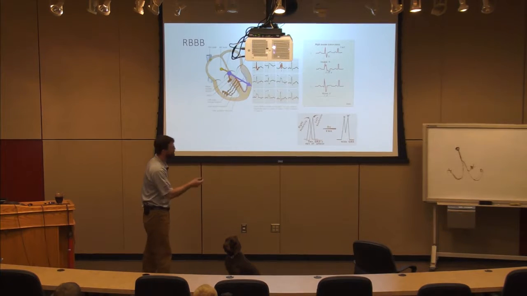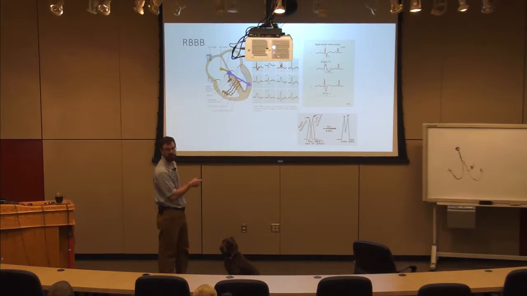So in a right bundle branch block, it's very apparent in these precordial leads. I have an RSR prime. I split those two events. I take what was synchronized depolarization and make it asynchronous because one side is slower than the other. Together, it widens out that process to make a wide QRS.